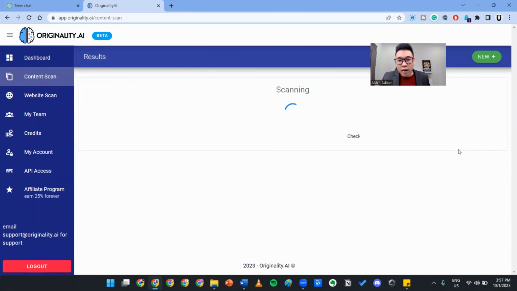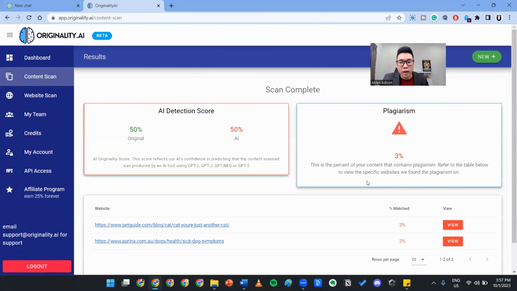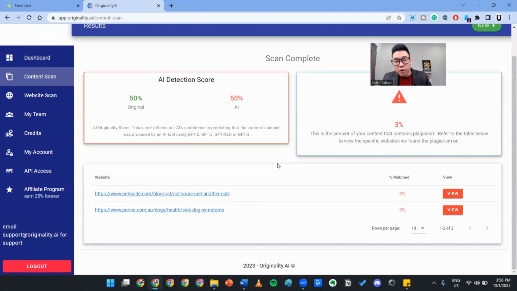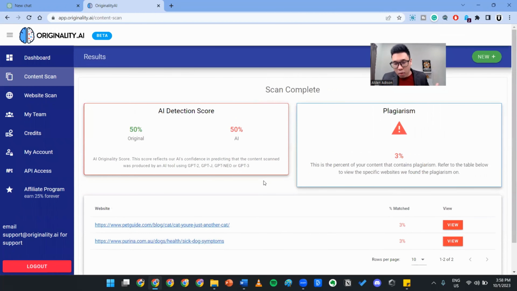So now I click scan now and it's currently scanning. And there you go. I've detected it in the beginning and I've tried to rescan again, and the data shows a very accurate 50% original, 50% AI and 3% plagiarism. And it even gives you the website that ChatGPT has plagiarized from. This is the reason why it is very important for you to get Originality AI if you are a serious